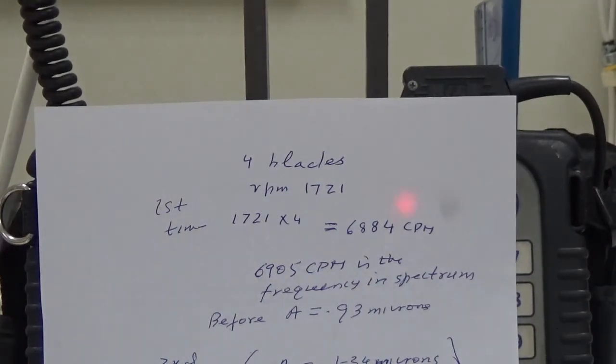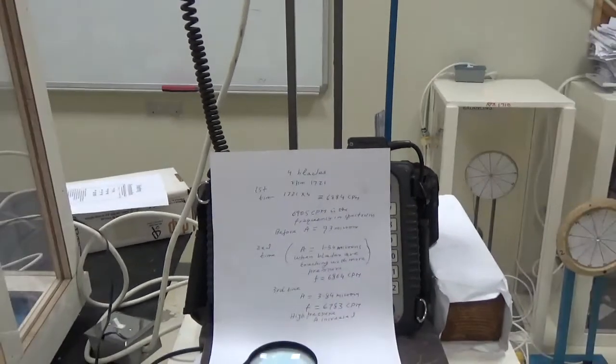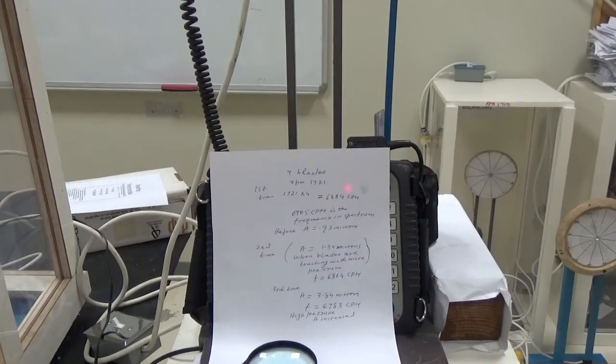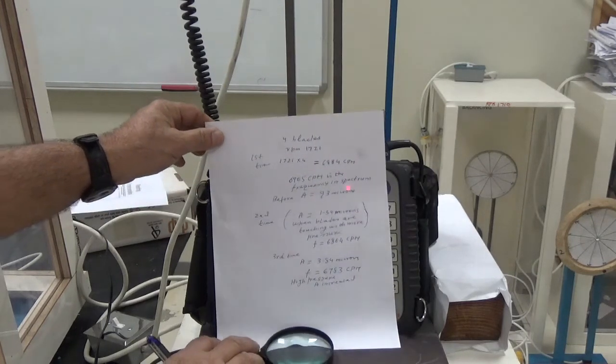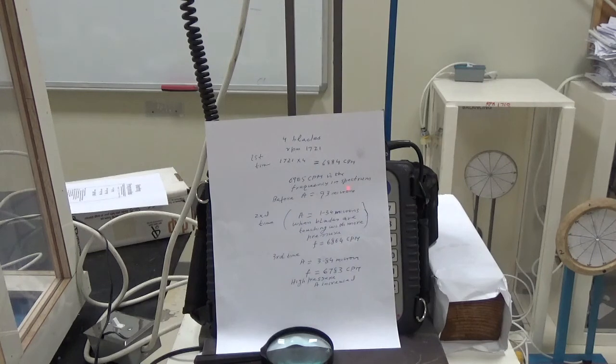So you can see here that as the pressure of the cover plate is increased, the amplitude increases. But this amplitude I will always measure at the blade pass frequency, and blade pass frequency is RPM multiplied by the number of blades, which are 4. And you can see here that the frequency is almost the same in all the cases, which is telling me that the problem is that the fan blades are touching